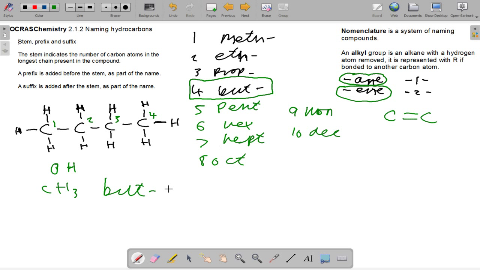So since it's completely saturated, it is butane. Butane. Now that one was an extremely simple example. So if I do a little bit of meddling now